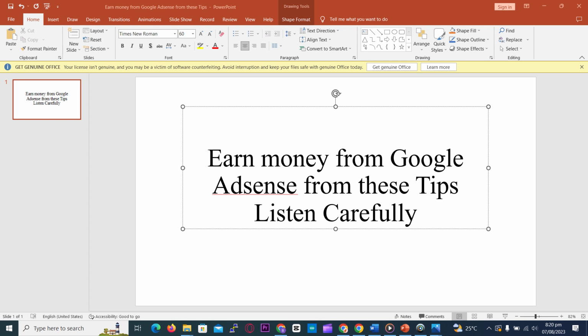Remember, quality content is key. Provide valuable information to attract more visitors and increase your chances of earning through AdSense. So, whether you have a blog, an online store, or a news site, Google AdSense can help you make money